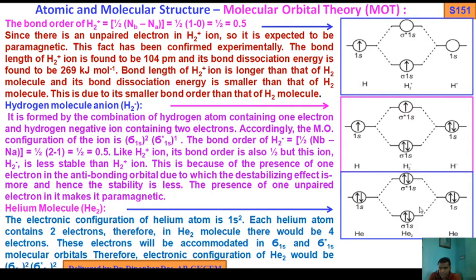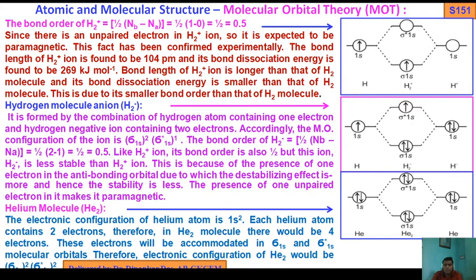Look, this is the graphical representation of the MO of He2. Here the He 2 electrons are in the 1s orbitals. During the combination of atomic orbitals of 1s and 1s, what will happen? We get sigma star 1s and sigma 1s: antibonding MO and bonding MO. As you know, the bonding MO has lower energy, so electrons should be filled first and paired in the bonding MO. So the first 2 electrons reside in the bonding MO, then the other 2 electrons go to the antibonding MO.